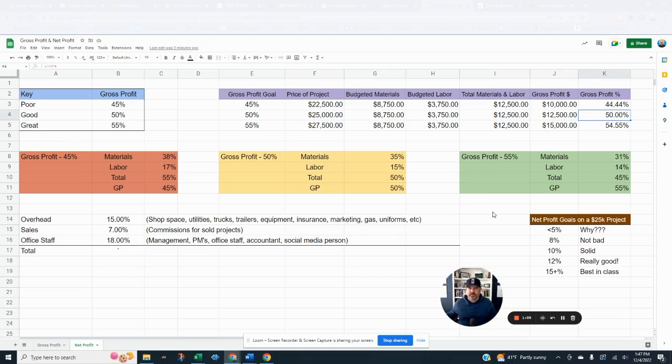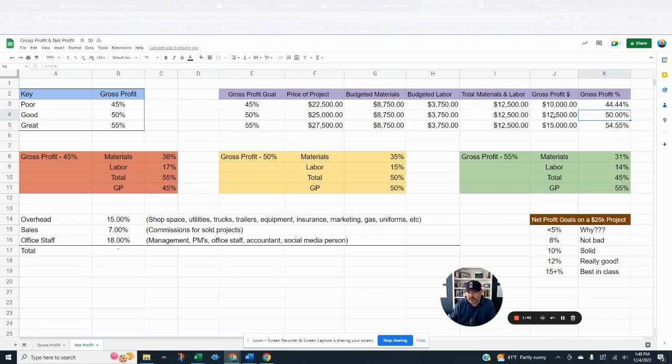Now, that sounds wonderful. And if you were working out of your basement with shovels, you and your son that you paid in cash or something weird, some little helper that didn't show up as an employee or anything, then yeah, that would be fabulous. But for the most part, most of us aren't like that. We mostly have employees, we have equipment, we have trucks, we have all that kind of good stuff. So we need to take that into consideration.